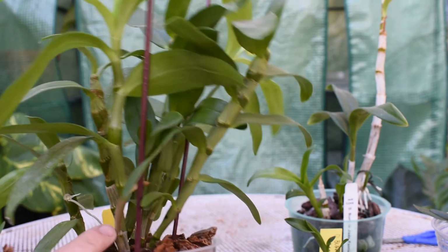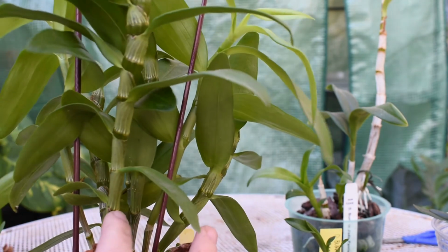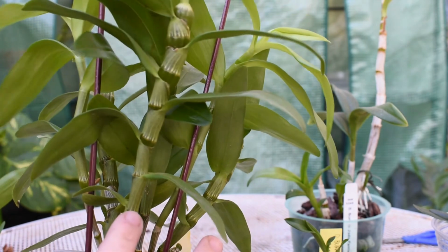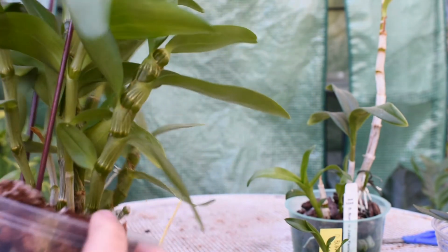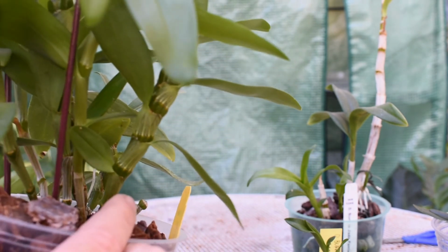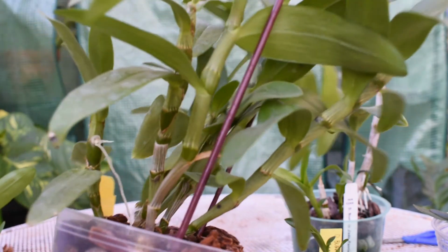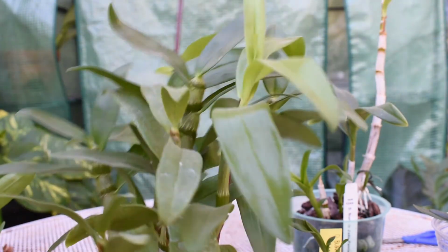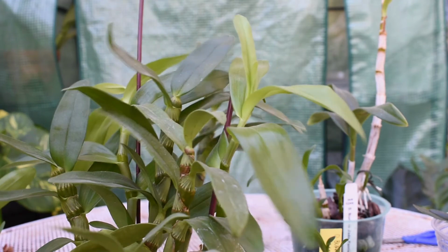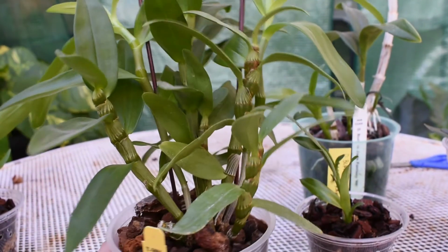Look at that. The canes are slightly thinner down here than they are up here compared to the older ones. Look at that. This is a new one here. And you see the difference between the older cane and the new cane. So I might be lacking something here. If you guys have any suggestions on what it might be,